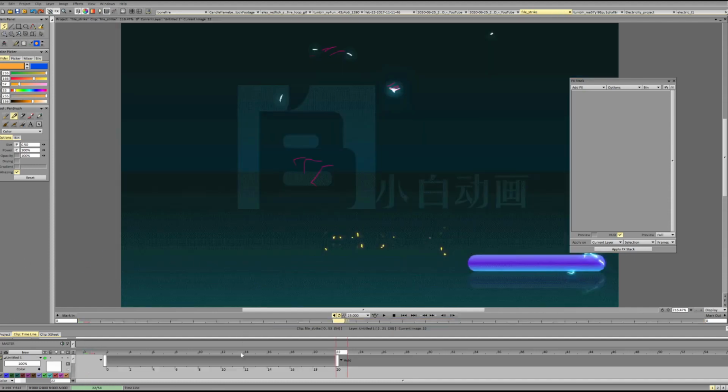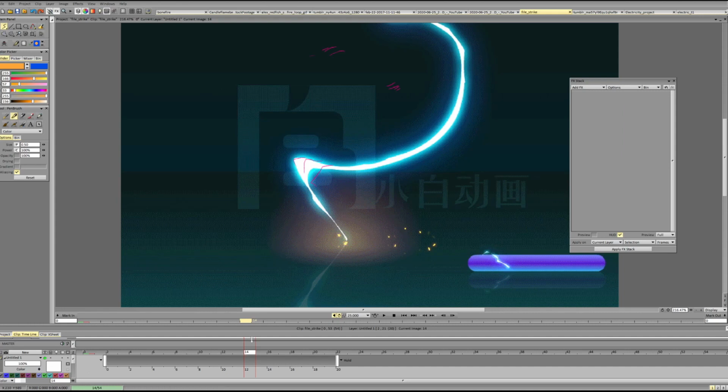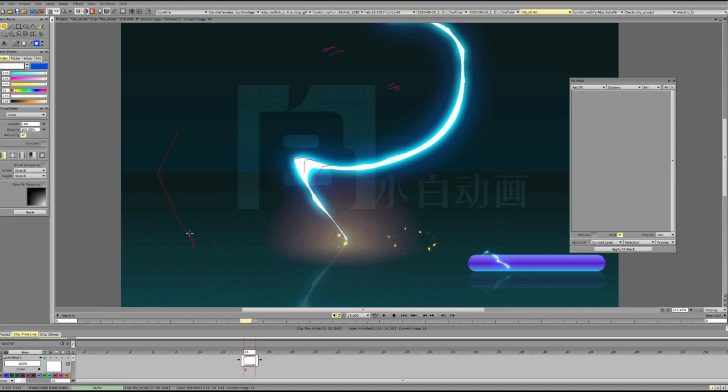So for the lightning and stuff like that, for the energy type of effect and magic type of effect, we usually add glows. So we add a darker and more saturated glow. We can mix a couple different colors of the glow. So for example, this has like a dark blue glow, but first we have like